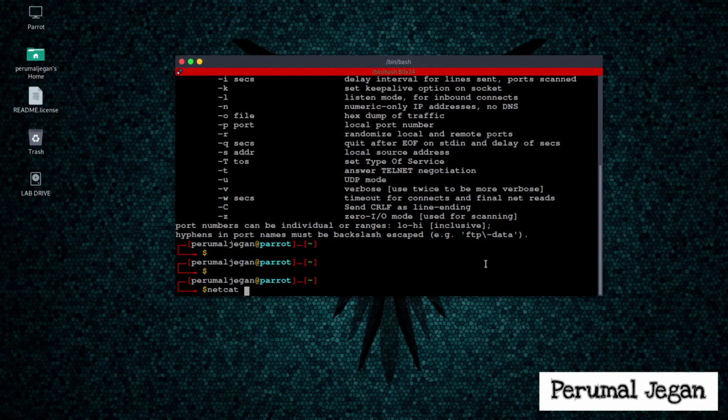Let me create a small listener by using netcat. I'm going to use -l. L means listen mode, it enables listen mode, and n indicates numeric IP addresses only, no DNS. And v represents verbose, and p is the local port number. So we are going to mention the local port number that we are going to use. Let me mention a random port,